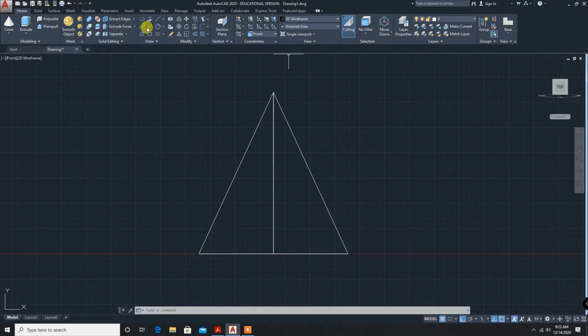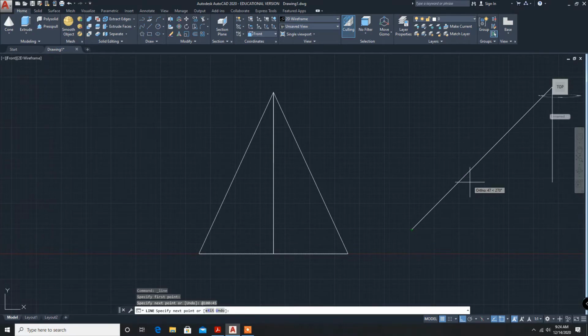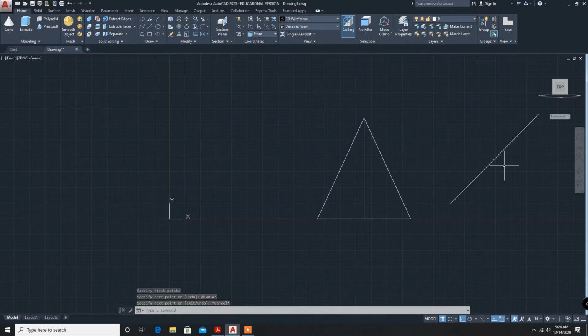You can draw a horizontal line and rotate it, or you can directly draw an inclined line. I will specify a point somewhere here, anywhere. What is the code? At the rate some 100 mm less than 45 degree. So we have drawn an inclined line of 100 mm at an angle of 45 degrees.